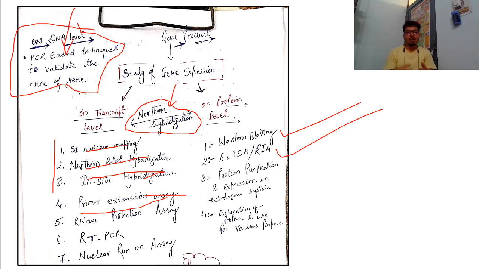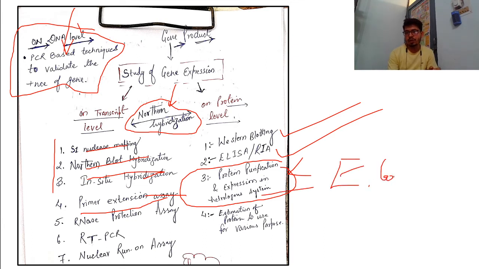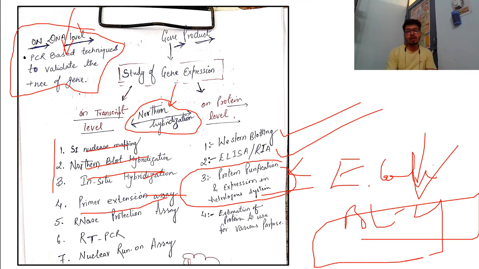Okay, protein purification in the heterologous system is really very important, and here the problem comes with the codon bias, because basically in the heterologous system we are using E. coli. First of all, you are going to express your protein in BL21 cells. So you are using a plant protein in the bacterial system. Sometimes your protein is not going to express in the normal BL21 cell, because there is no codon optimization. So codon optimized strains are already available for protein purification for various studies, such as codon plus. These are the competent cells basically.